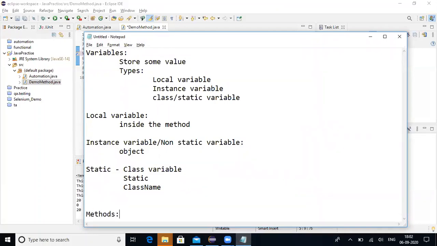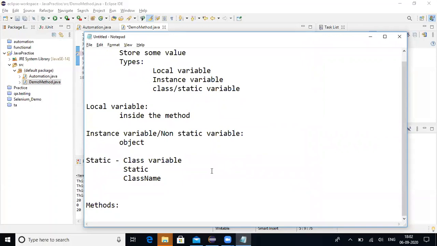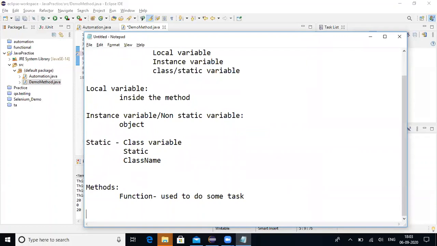So what do you mean by method? A method is basically a function which is used to do some task. That is the use of methods.